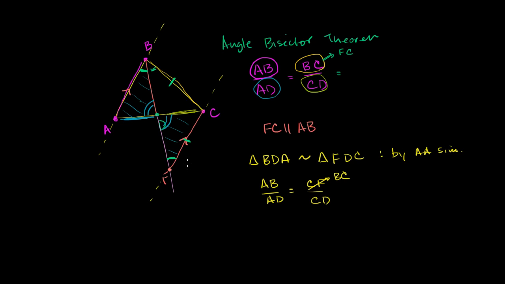So there's kind of two things we had to do here. One is construct this other triangle that, assuming this was parallel, gave us two things. That gave us another angle to show that they're similar, and it also allowed us to establish